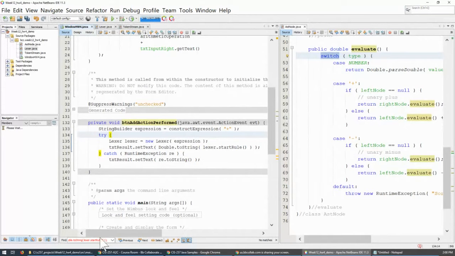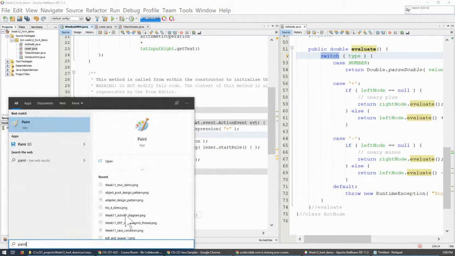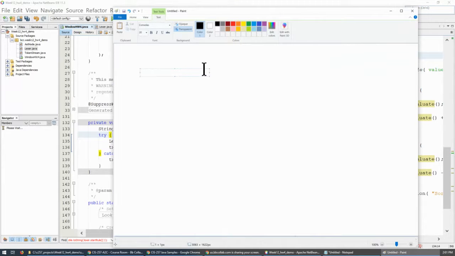And once again, the true reason for something like that is this. Okay, so if I have a graphical user interface application,